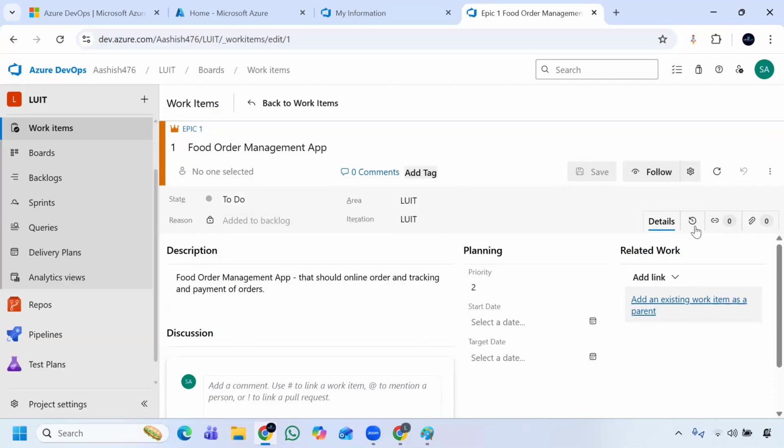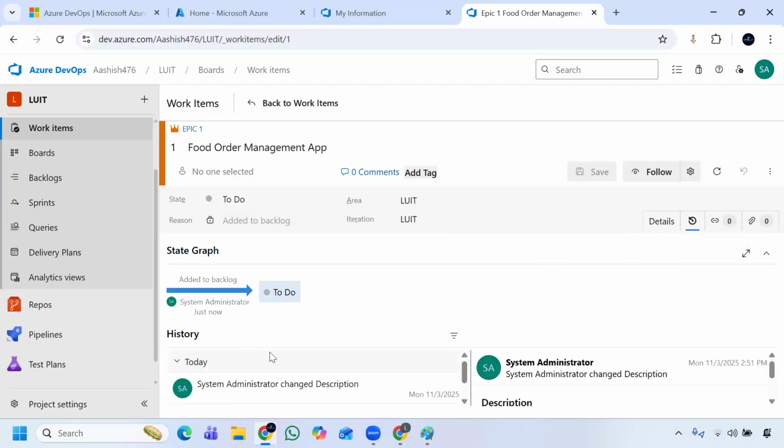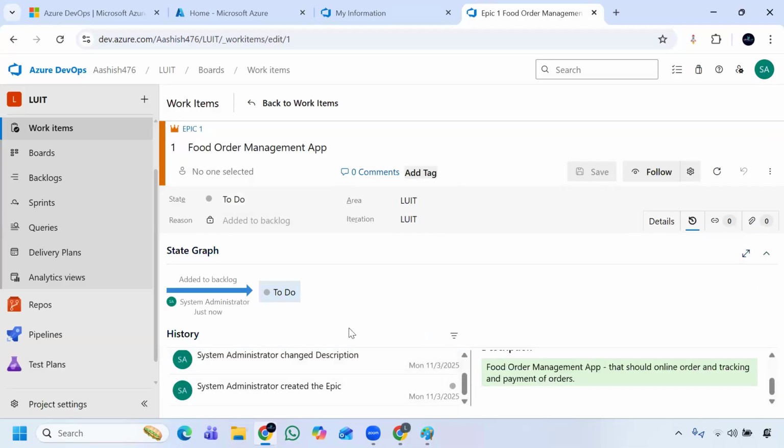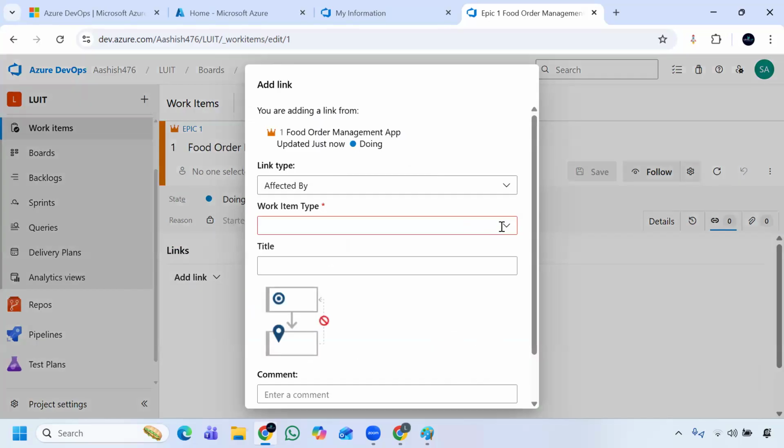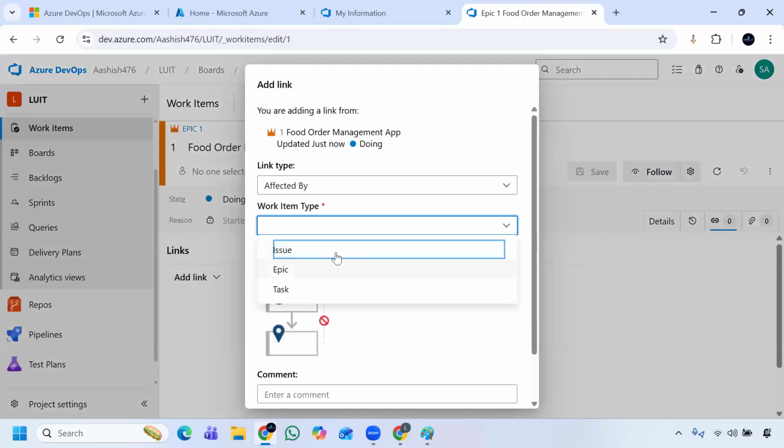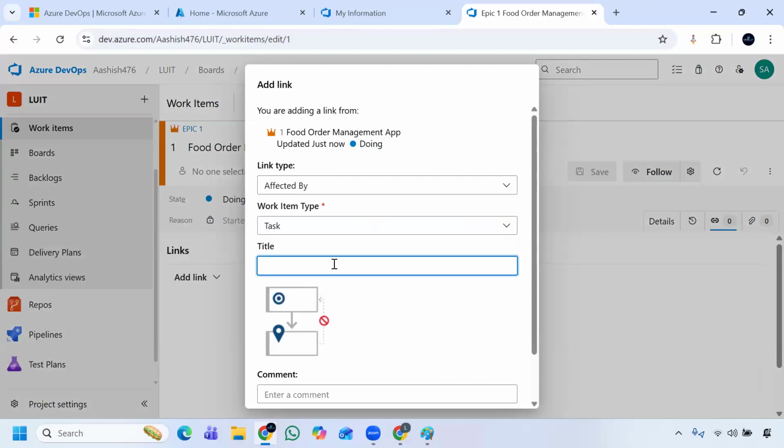If you see here, the details are in the history, you can see whoever created everything. If someone modifies it, you can also see the CRM audit history: what is the change. Doing means presently this work is in progress. Done means completed. Like that they will create. Now if you click on this link, here you see create a new item. Now you are creating a child for it. After the epic, if you want to create a task,